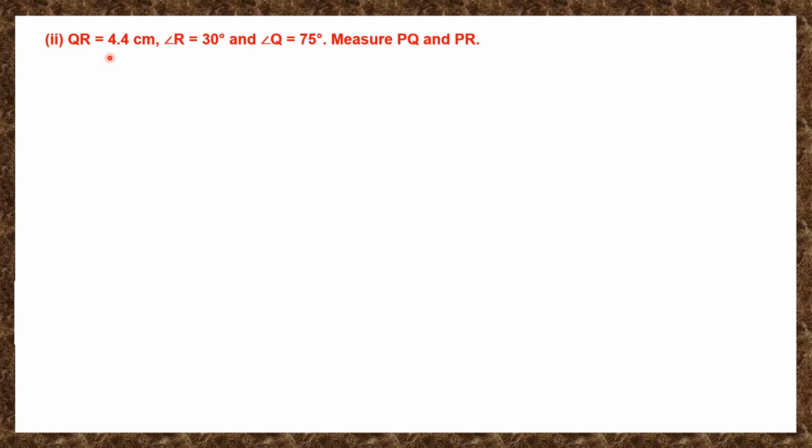Question 2. QR is 4.4 centimeters. Angle R is 30 degrees. Angle Q is 75 degrees. Measure PQ and PR. So first we need to draw a triangle with these measurements and then measure two sides